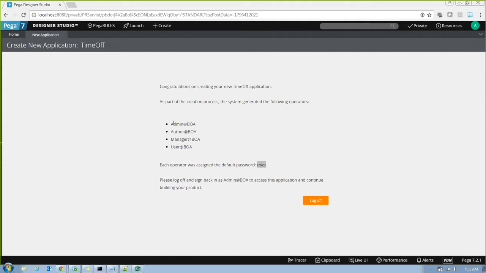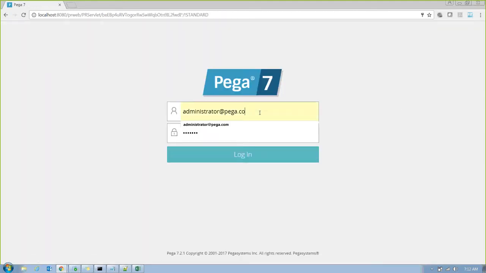Okay? So you have this user ID and your password, right? So you can log in as admin because you're the only person in your project, so better take admin role. Admin at the red BOA and rules is my password. So these are the credentials that you need to log in every day. Okay? Please note down your credentials somewhere. Admin at the red BOA and no .com, right? Remember there's no .com. Okay, rules. Just log off. Log in with your credentials. Username is not case sensitive. You give capital, you give small, it's fine. Password is case sensitive. Okay.